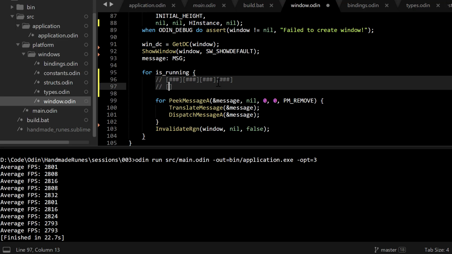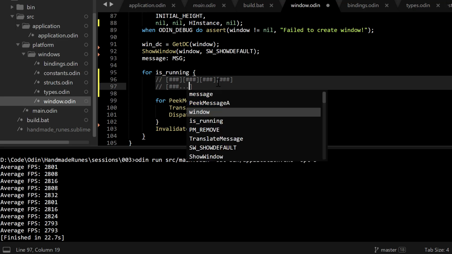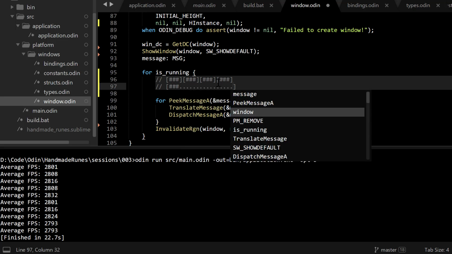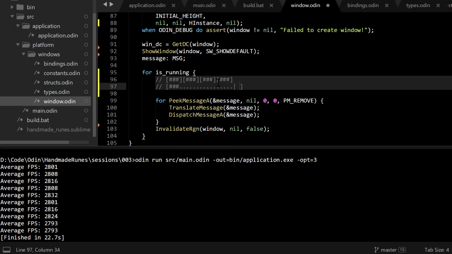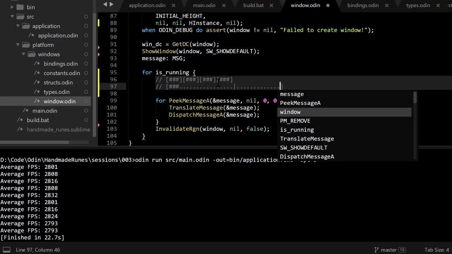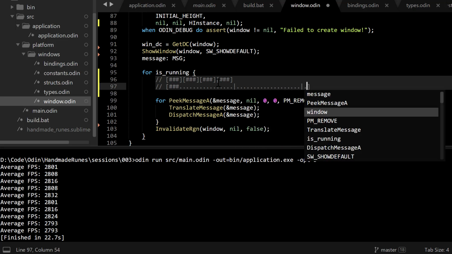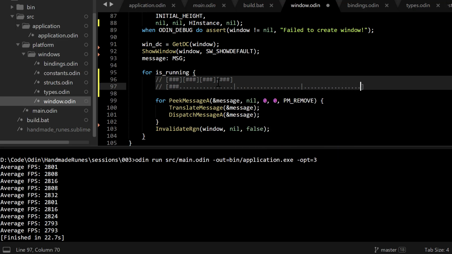So it's like displaying this thing. And so say our monitor has some refresh rate that looks like this or something, right? And we're rendering,